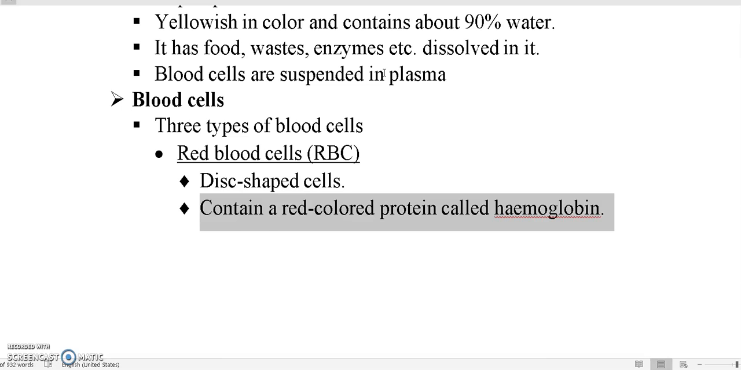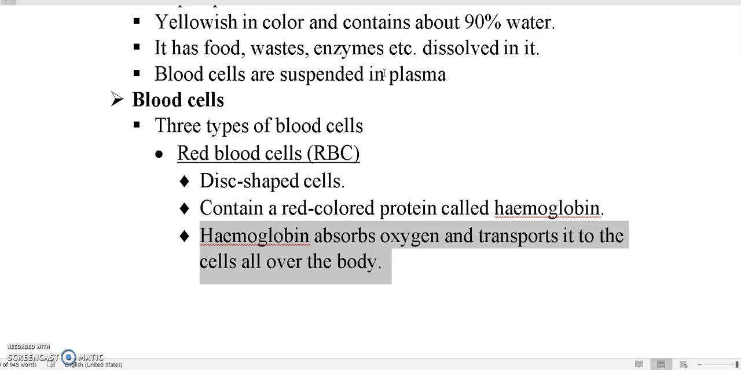Now they contain a red colored protein. This is very important. RBCs have a red colored protein, and the name of this protein is hemoglobin. Hemoglobin absorbs oxygen and transports it to the cells all over the body. The main function of hemoglobin is to absorb oxygen and to transport that oxygen to the cells all over the body, because we know